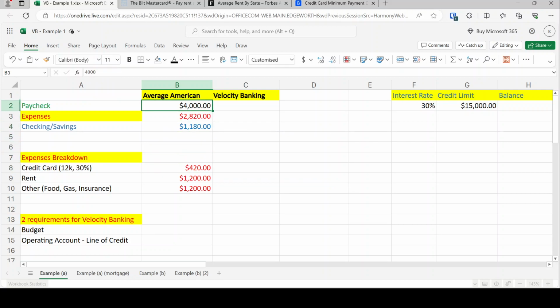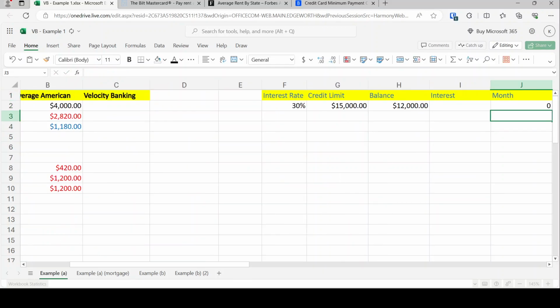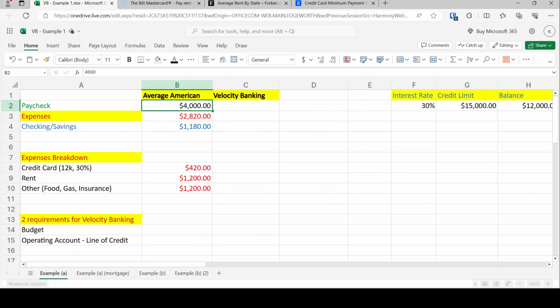All right, so now we're going to do velocity banking. So what's our main operating account? It's going to be this credit card. We're just going to assume that it has a $15,000 limit and it's a 12K balance. So now let's go ahead and put in $12,000 balance. Okay. And we'll say this is month 0. We're doing velocity banking. Again, same income,